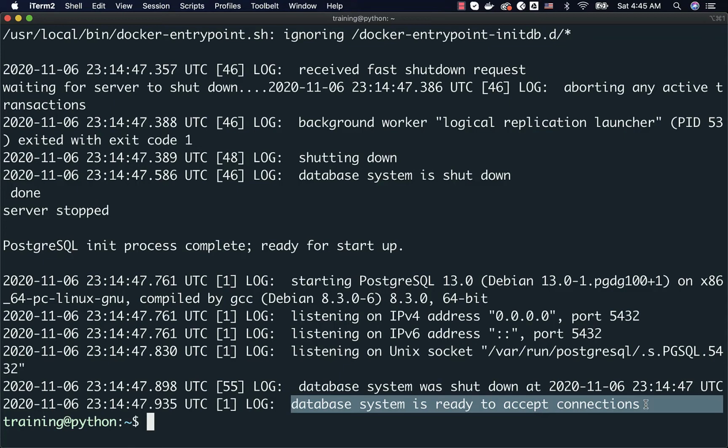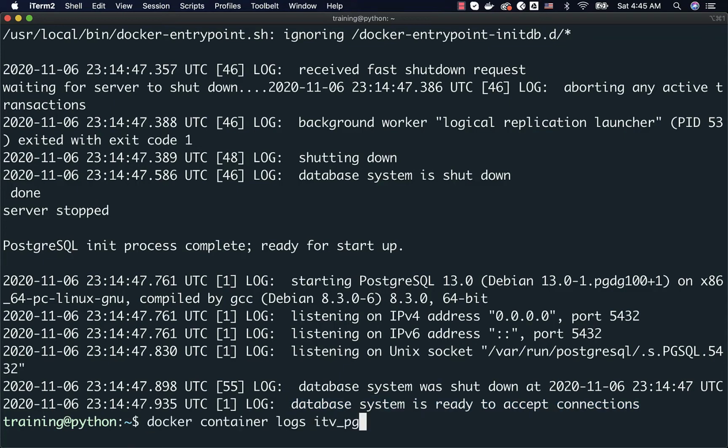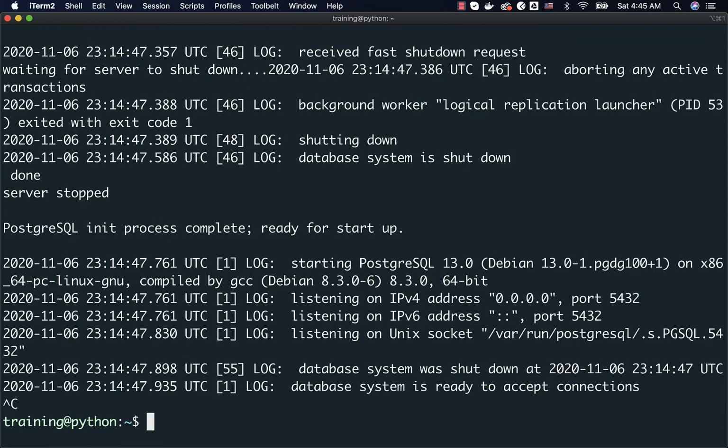If you want to see the progress as part of the logs while it is coming up, you can use this additional argument called -f, and you should be able to see the messages being refreshed whenever there are changes happening in the container. To come out of -f mode, you just have to press Ctrl C and it will come out of it.